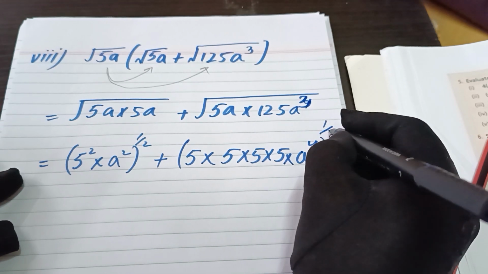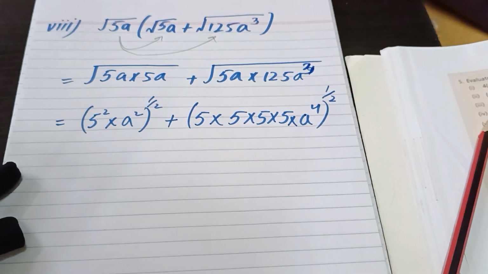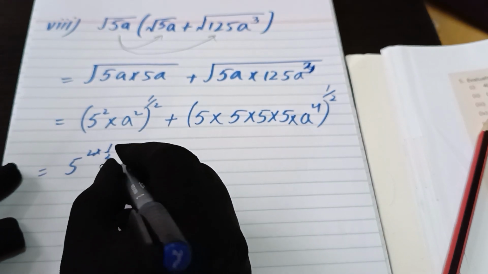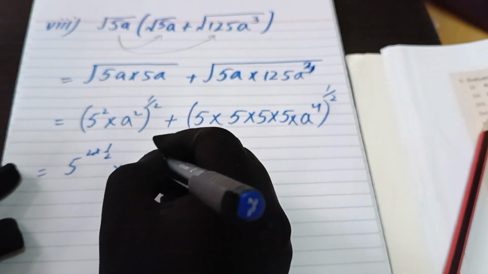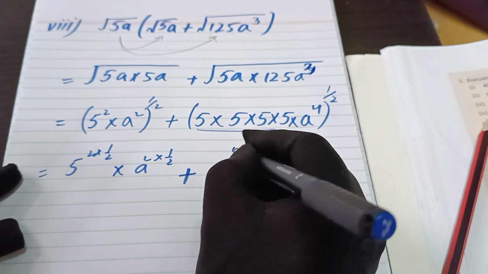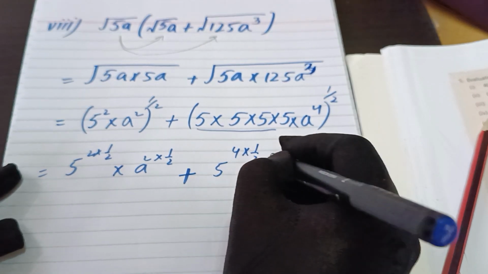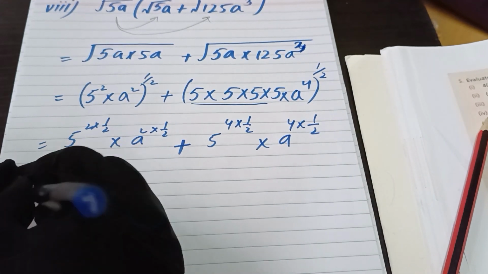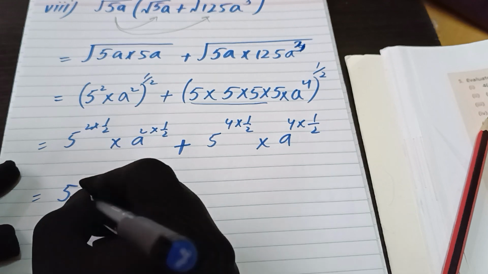Exponent is, sorry, 5 exponent a square, its exponent 5 power 4, a power 4 gives its exponent. Change to 5